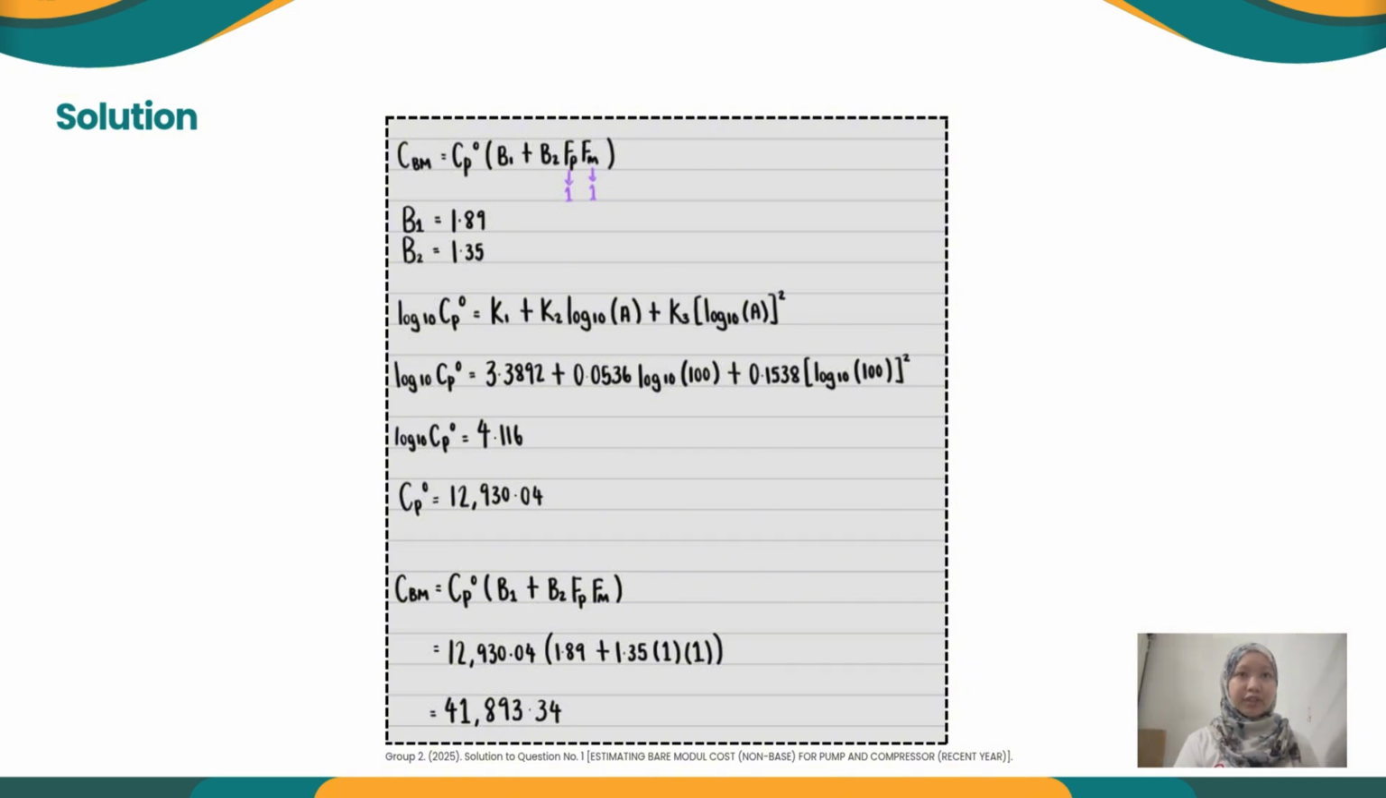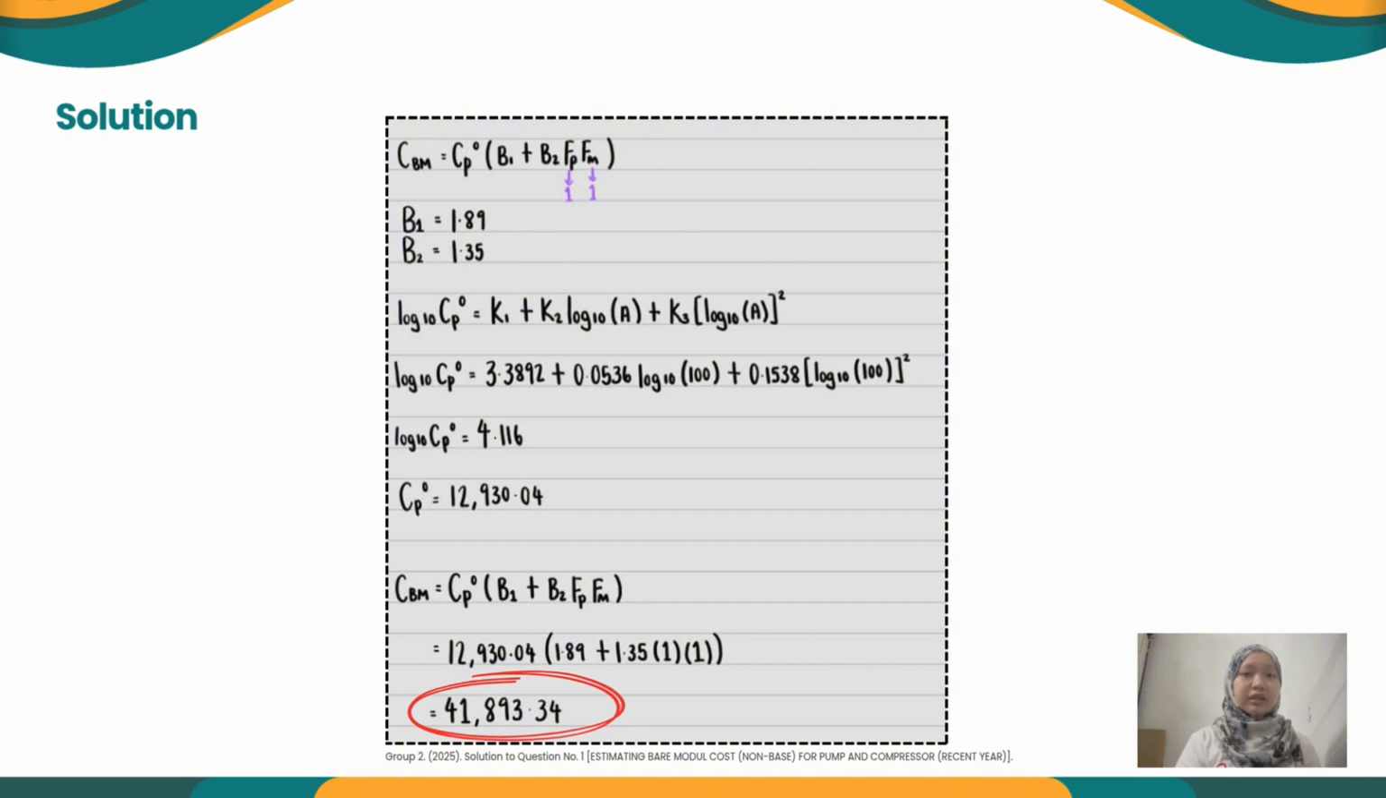To use this equation, we need to find first the value of K1, K2 and K3 on table A1 from page 6 until 9. From this table, we get the value of K1 equal to 3.3892, K2 is 0.0536 and K3 is 0.1538. A is referring to the capacity of the equipment, which in this case the value of A is 100 kW. By inserting all this value in the formula, we can get the CP is equal to